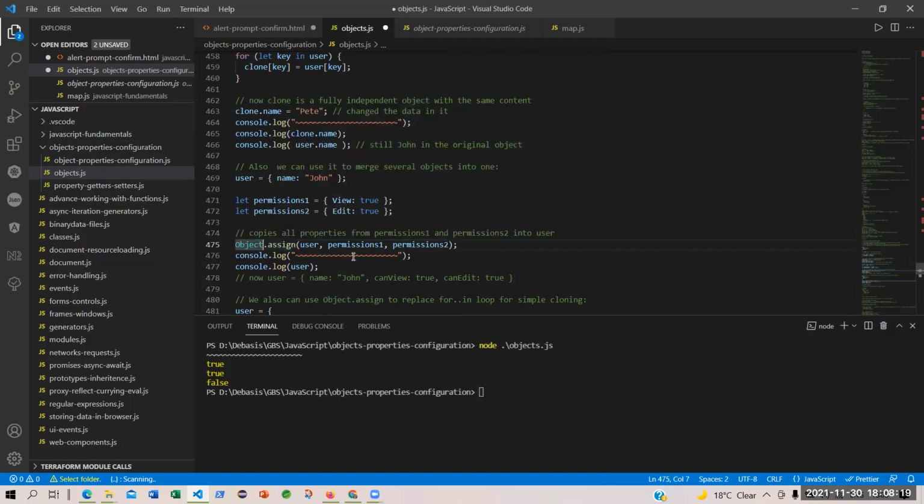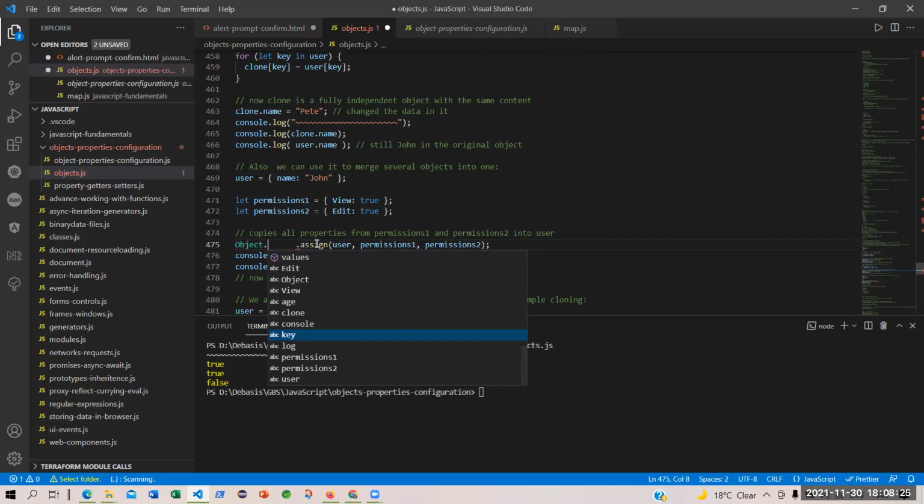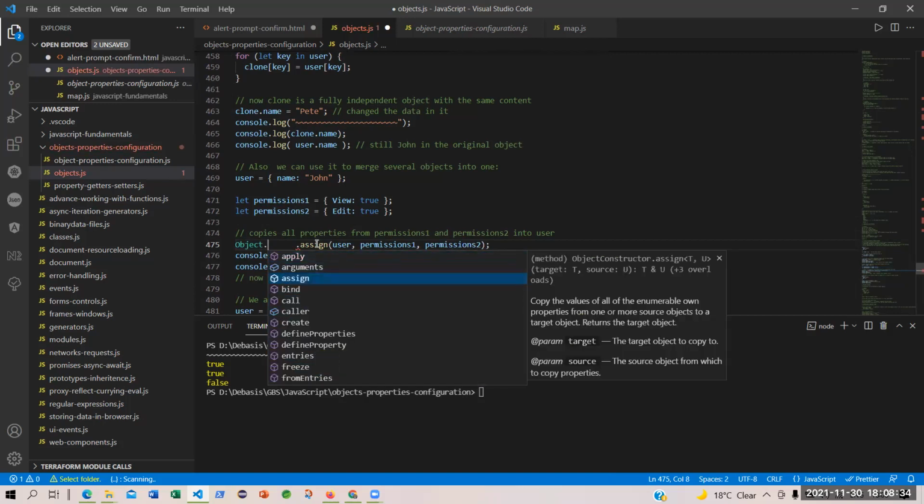If you go here, let's say you have typed in Object, capital O. You see, are you getting something called assign? Let me check. Assign, yes. This is a method, object constructor dot assign T, U. These are generics. You have learned in the collection.